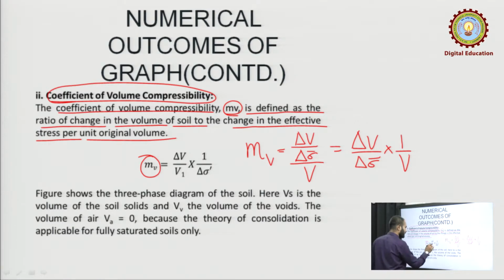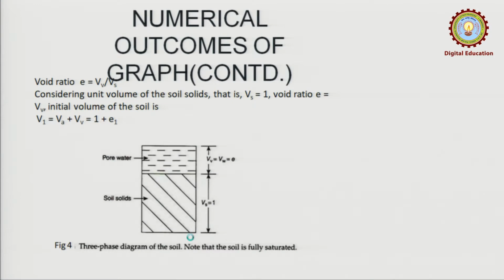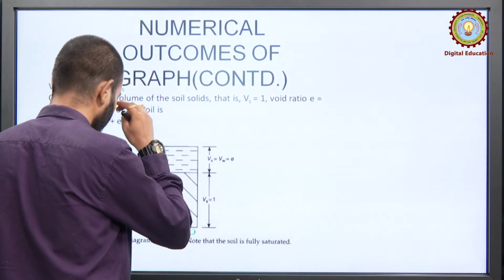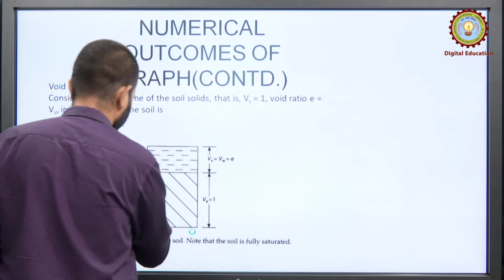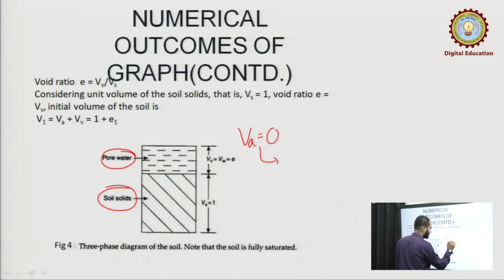So, what is V1 here? V1 is the original volume. The figure shows the three phase diagram of the soil. Here Vs is the volume of the soil solids, Vv is the volume of voids, and the volume of air is Va, which is 0 here, because the theory of consolidation is applicable only for fully saturated soils. This is the phase diagram. Here you can see this is only water, and here is only soil solid, no air. Va is 0. Why? Because the consolidation process